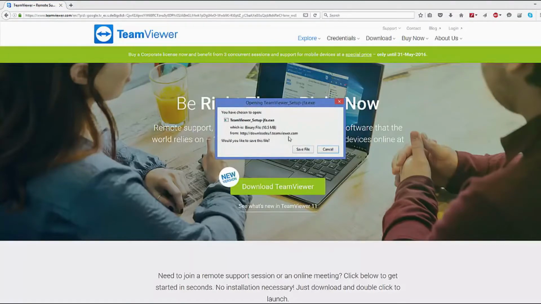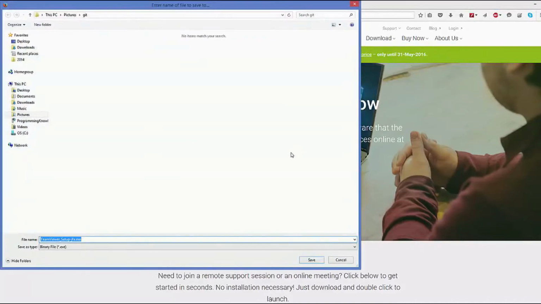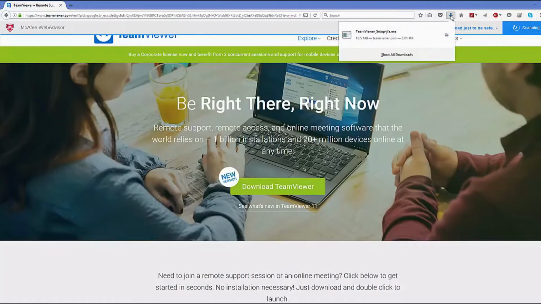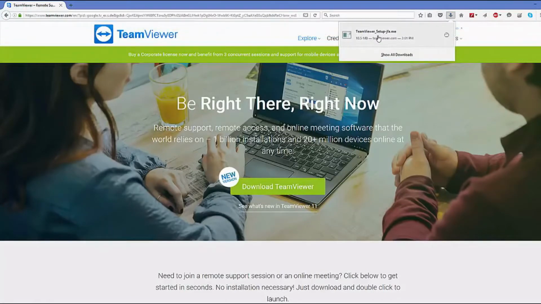So this is the executable file name. Just save it and give the location wherever you want to download it. And once this executable is downloaded, then you can run it. So I'm going to run this executable file and I'm going to minimize my browser,